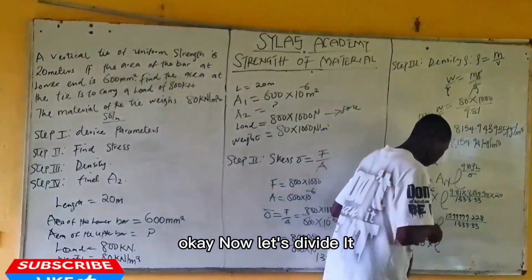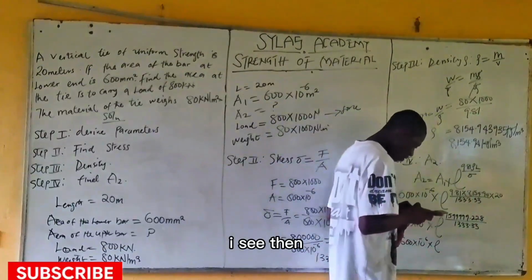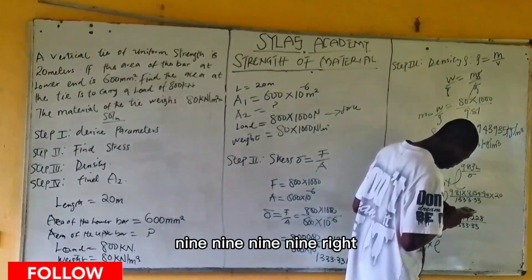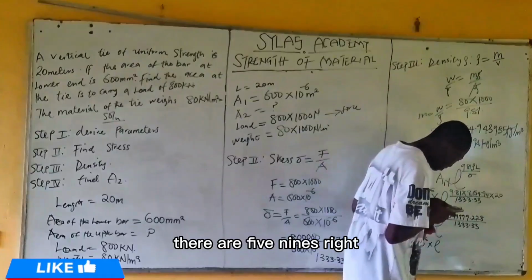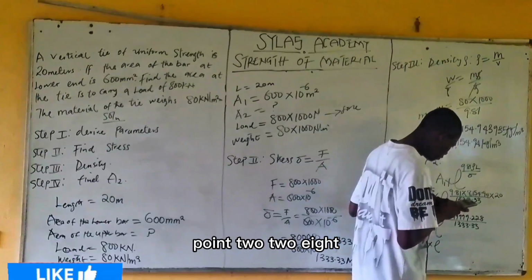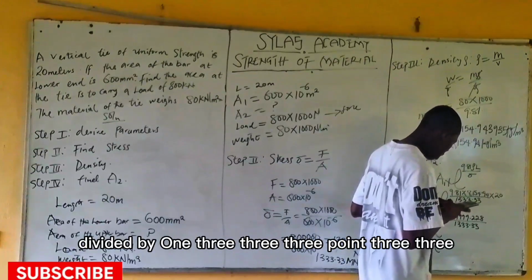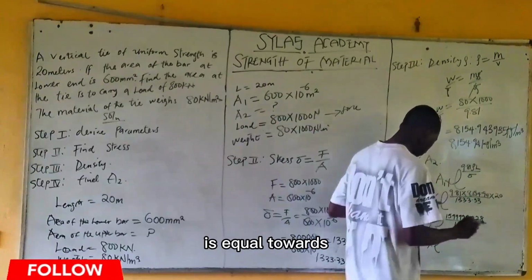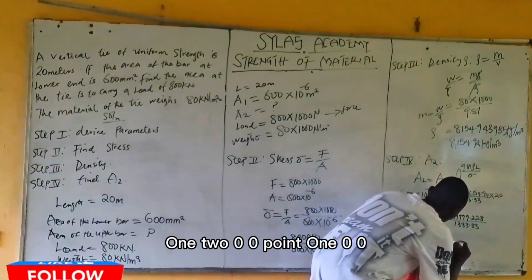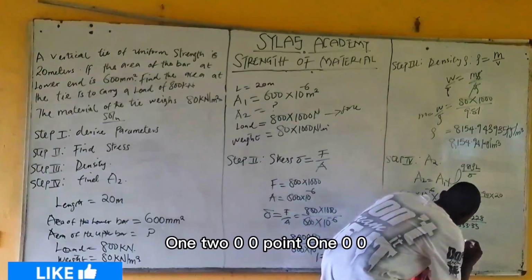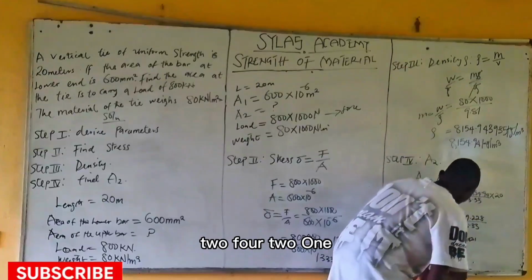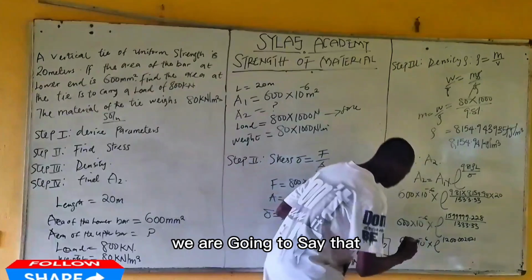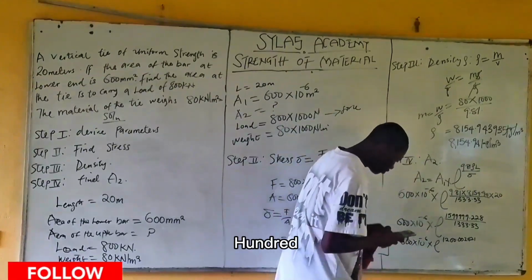Now let's divide it and see. 1599999, there are 5 nines, right? 0.228 divided by 1333.33 is equal to 1200.002421. Okay, so now reaching here, we are going to say that 600